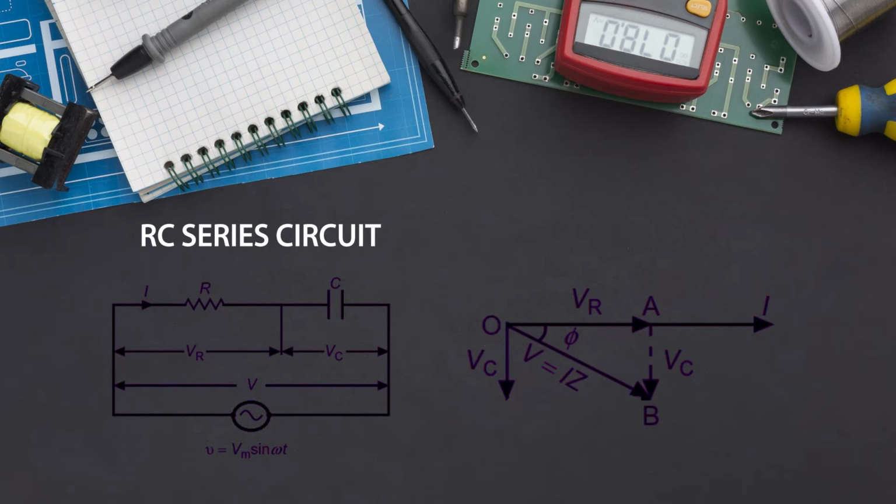Now as you know, in case of a capacitor, current leads the voltage by 90 degree if there is a pure capacitor. So in reverse of this, the voltage drop across the capacitor will lag with respect to the current by 90 degree, which has been shown in the phasor diagram. Now you have to calculate the total voltage across this RC circuit. It can be calculated with the help of the Pythagoras theorem simply.